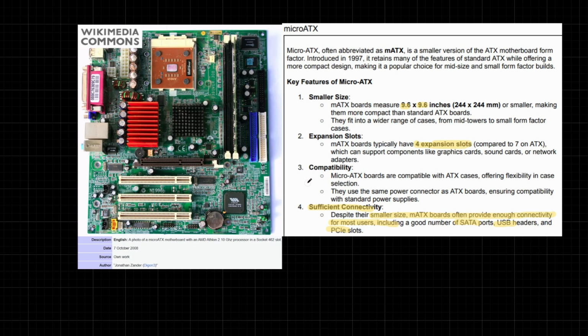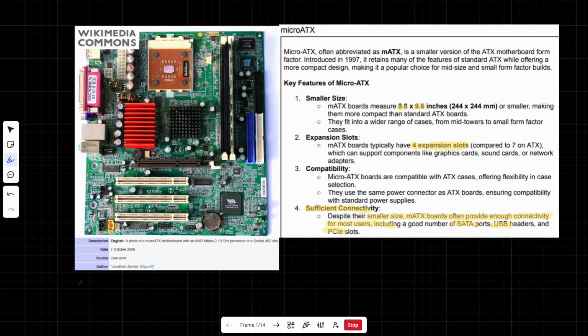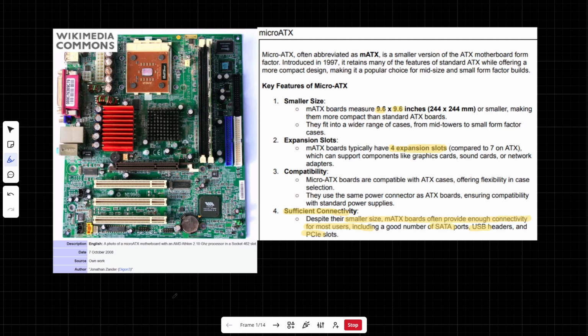You don't really need to put in a lot of expansions for most people's day-to-day uses. I myself have never put in an expansion in my desktop, right? I would absolutely go with a MicroATX over an ATX just because I don't need to expand that much. I don't have the need for it. Okay, so that's just the main difference so far. ATX: bigger, more expansion. MicroATX: smaller, less expansion, but still a decent amount of room for improvement and expansion there